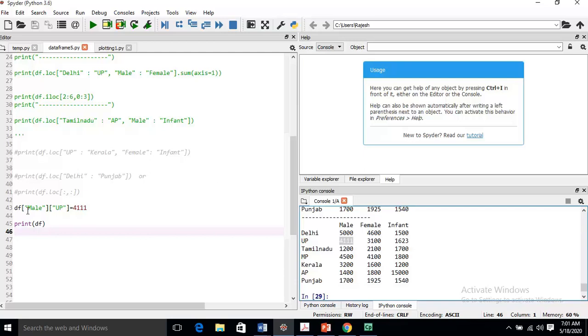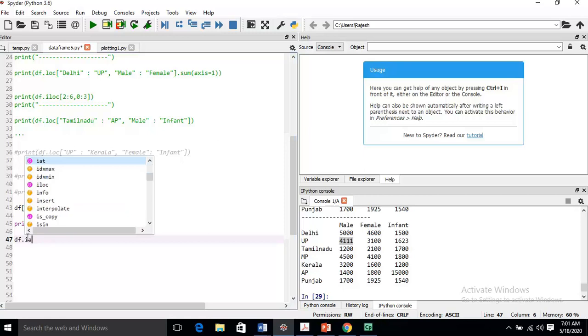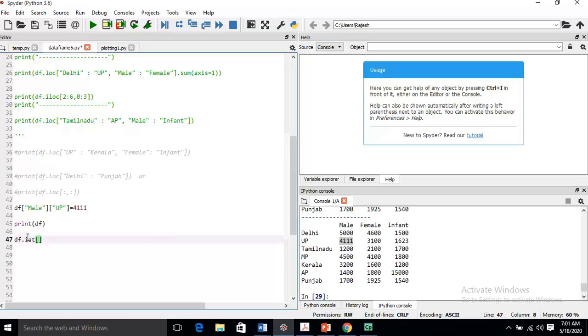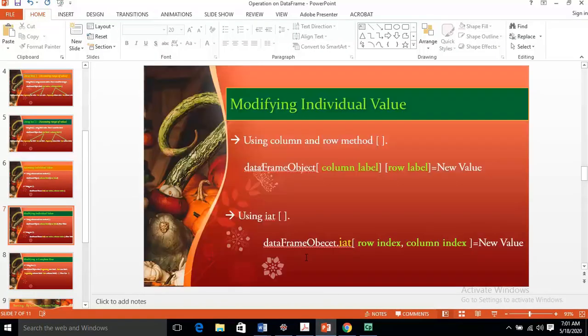This I have done with the column row method, and the same thing I will do with df dot iat. Then you just see in iat, first the row index, then the column index.